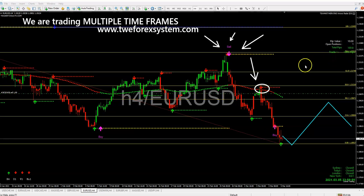And look at what happened. Right now, the market is still giving us 169 pips, and it's still dropping. So the market is giving us an indication, Irving, I'm getting ready to do a retracement. That is correct. So this week we expect most likely we still have another 10-15 more pips to drop, and